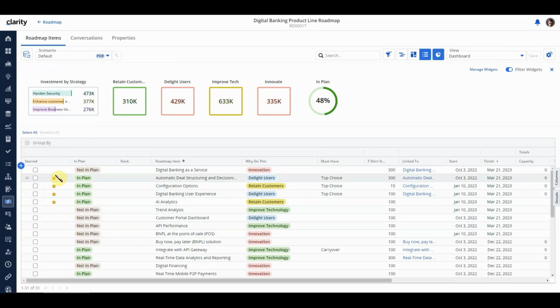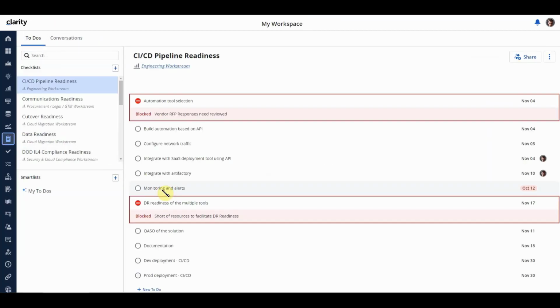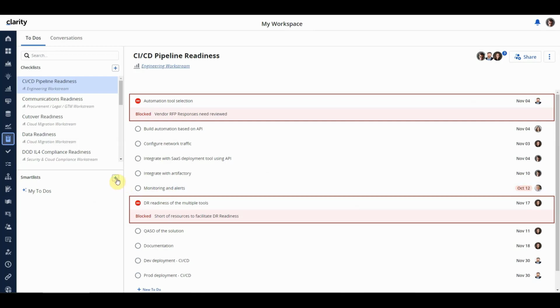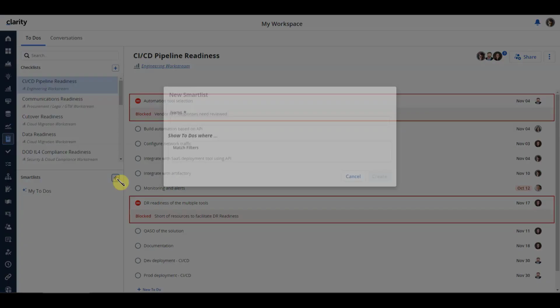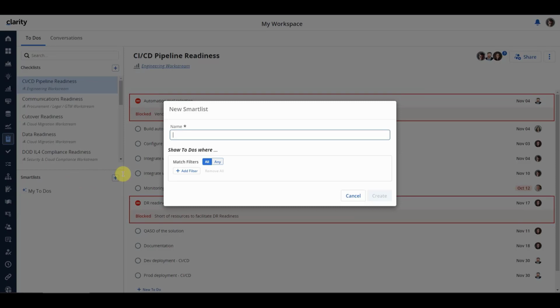Alright, the next I wanted to show was within my Smartlist. If I'm going to create a new Smartlist, I have to specify at least one filter. So to create the Smartlist, I'm in my workspace, going to click on the new Smartlist. I will give it a name, which is just blocked to-dos, because I want to see all the to-dos that are blocked. Notice just by giving the name and tabbing out, the create button is not available for me to click, and that is because I need to specify at least one